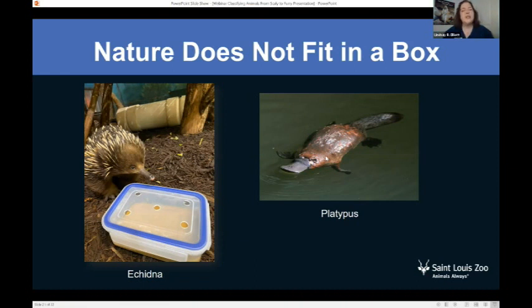Super cool. So nature doesn't always fit into a box or a group like we're trying to do. We just do our best to put them in groups, but they're not always going to fit perfectly. But that's okay. Isn't that cool? Nature's exciting. Ooh, I see someone mentioning Perry the platypus.